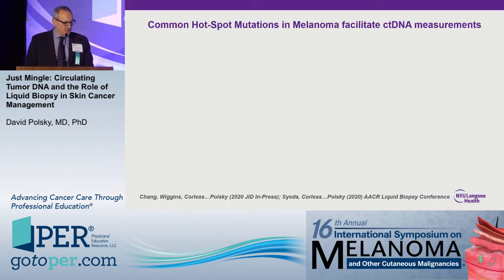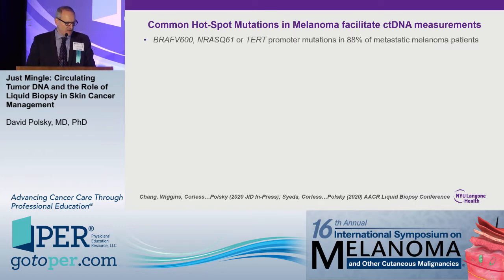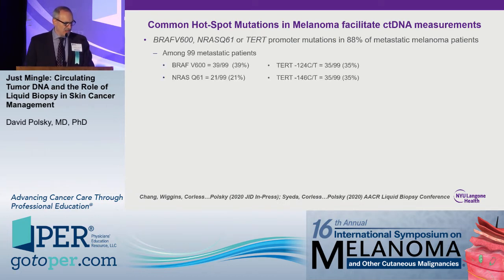But in melanoma, we're fortunate because common hotspot mutations facilitate ctDNA measurement. So what am I talking about? Well, it turns out BRAF V600 mutations, along with NRAS Q61, and two mutations in the TERT promoter region can be found in about 88% of metastatic melanoma patients, and this is from a paper we have in press at the Journal of Investigative Dermatology. And in this study of 99 patients, we found that BRAF mutations were present in about 39%, NRAS in 21%, and you all may know that those are typically mutually exclusive in almost all cases,